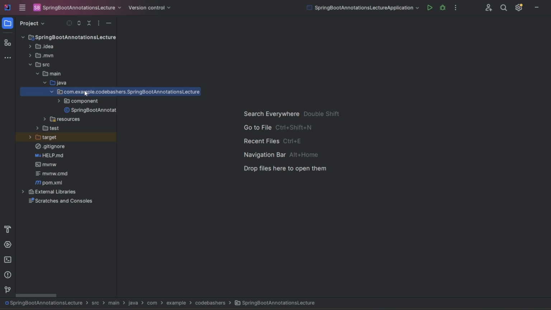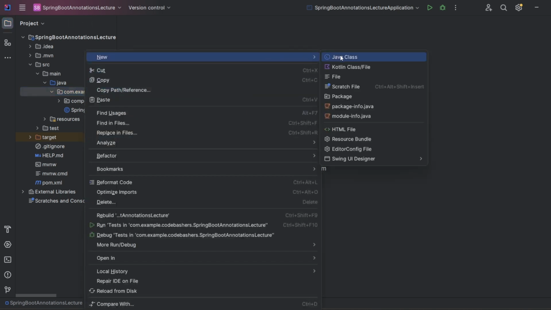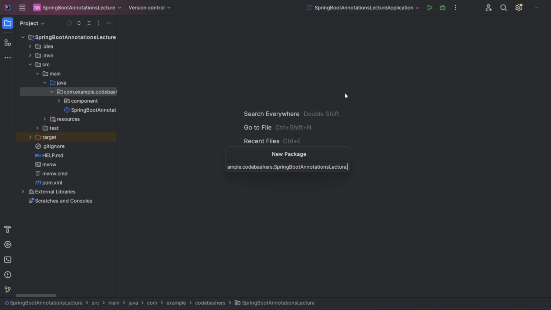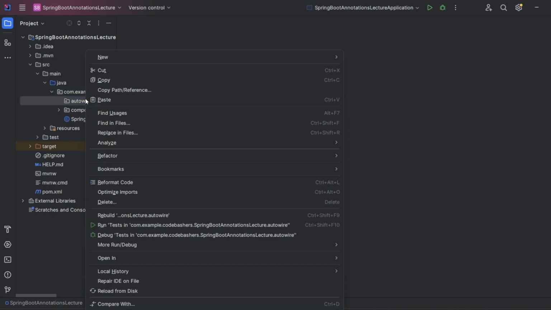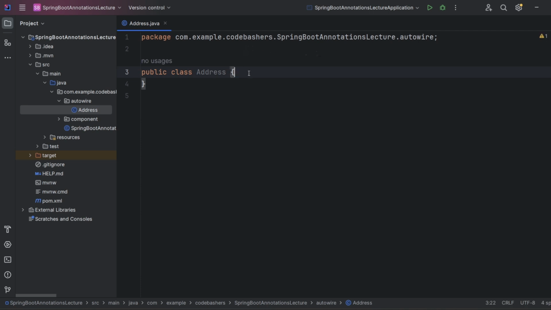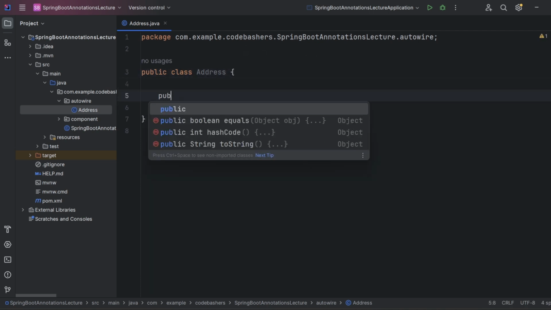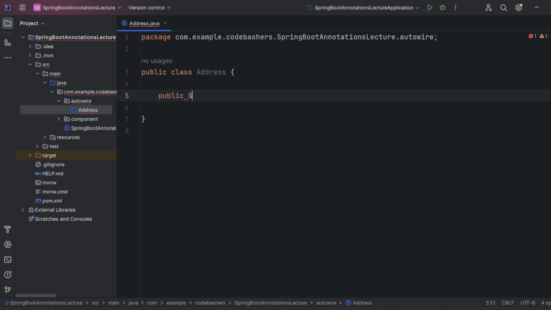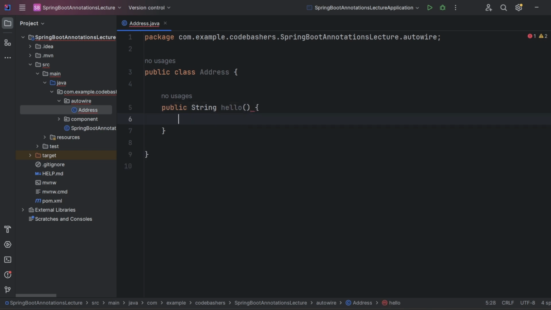Okay, so now let's make a new package and give it the name autowire. Inside this, we will make two classes. One class is the Address class. Inside this Address class, we will make only one method. Let's make it public, and it will return a string. Let's just say it will return the string "I am in